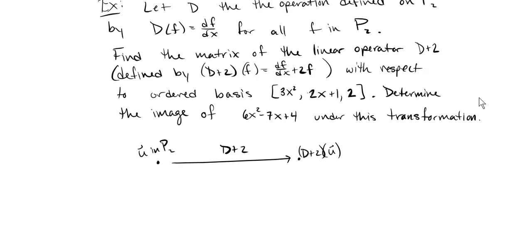And so instead of going direct, we're going to go through the coordinates relative to these given bases. We're first going to trade out u for what its coordinates equal. In a theorem above, we called that a, but I'll call that u subscript b, meaning the coordinates of u relative to basis b. And we are going to find the transformation matrix